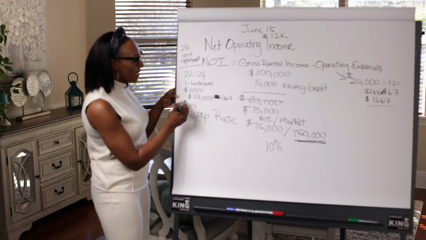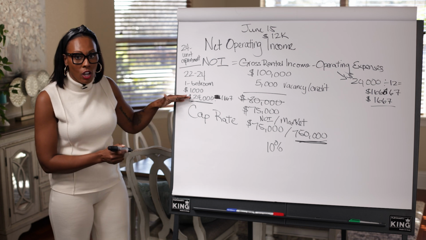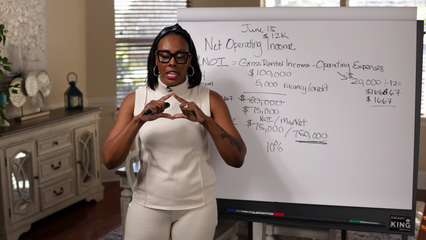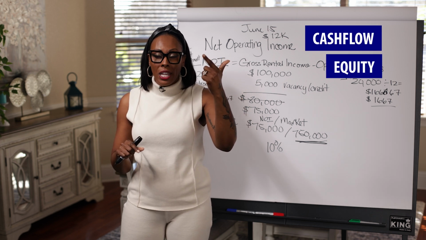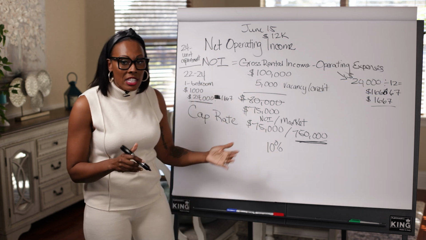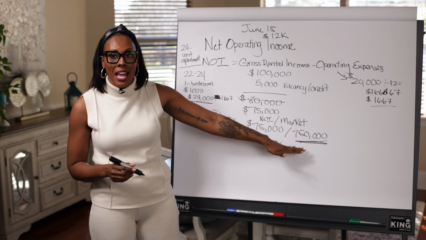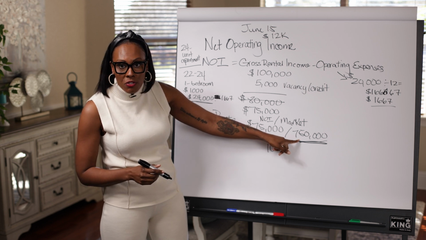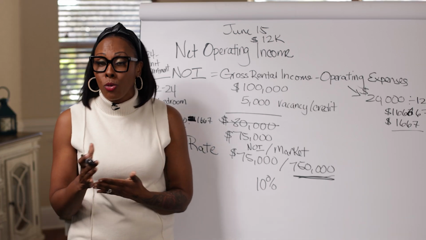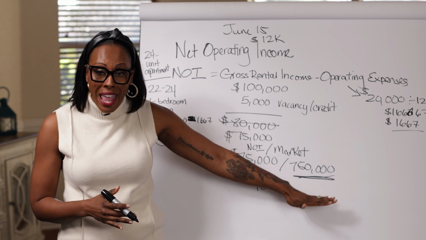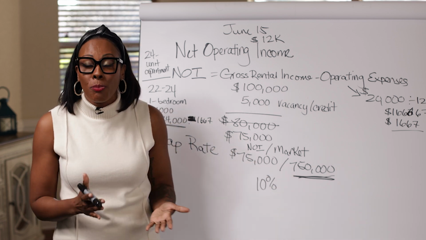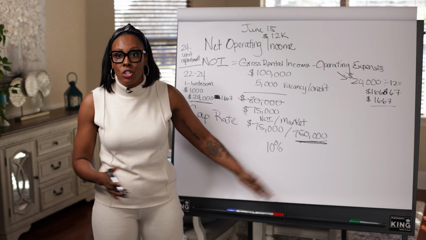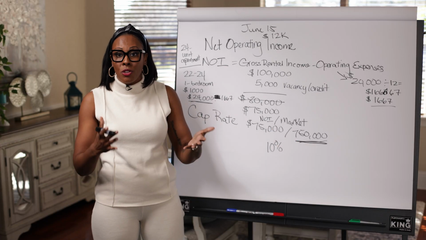The first one, of course, was the cash on cash. So that was your cash flow. As I've mentioned before, real estate is all about the golden trinity of real estate. You have cash flow, you have equity, and you have appreciation. So in this example, whatever the amount of money that you put down, so say you put down $100,000 and the property, it was $750,000. Well, most likely it appraised for even more than that. So even if you're paying $750,000, it might have appraised for $800,000 and you only owe $650,000. So you have $150,000 worth of equity.